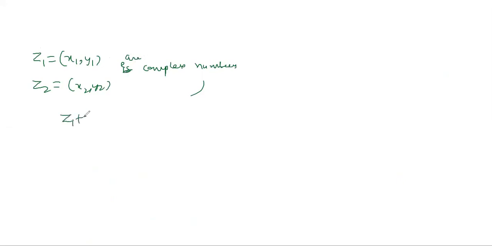Now there can be operations. Just like you add real numbers, you can subtract real numbers. The four fundamental elementary algebraic operations: addition, subtraction, multiplication, division. The same operations can be done within complex numbers also. So say z1 is x1 comma y1, one number, and z2 is x2 comma y2. Suppose both are complex numbers, then how do you define z1 plus z2? How do you add them?